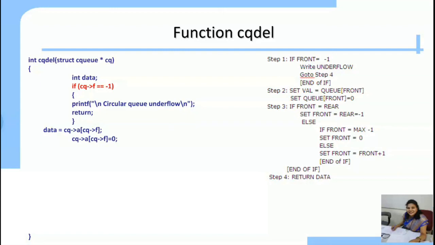After that, step 3. There are 2 if conditions we are going to see. First, if front is equal to rear. See, if CQ of F is equal to CQ of rear, then front is equal to rear is equal to -1. Otherwise, if front is equal to 7, that is front is equal to max -1, then we set F is equal to 0. We are rotating front in the delete function, and what we rotate in the insert function is rear. Now see, otherwise we increment f by 1, f plus plus. After this we return the data. The last line is return data. This is the delete function of the circular queue.